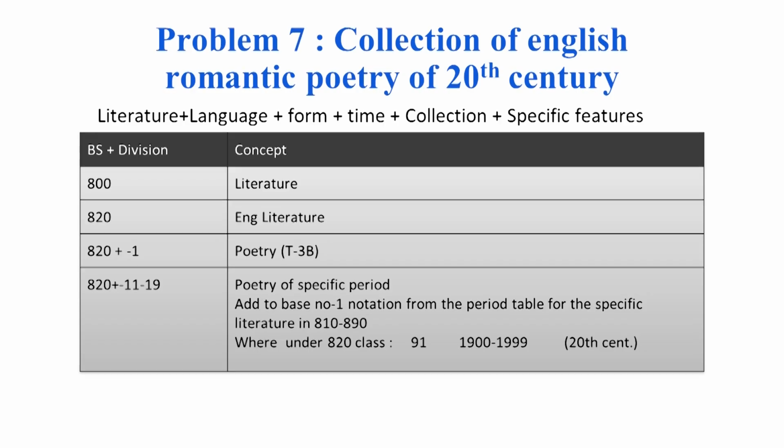This notation can be obtained from table 3B. There it is written that dash 11 dash 19 means poetry of a specific period. Here is one instruction: add to base number dash 1 notation from the period table for the specific literature in